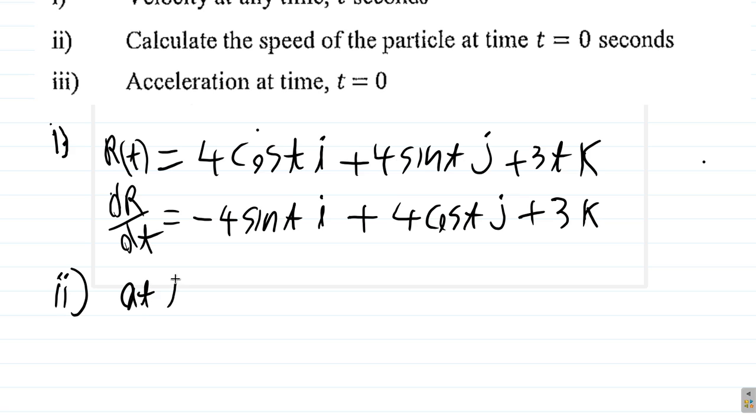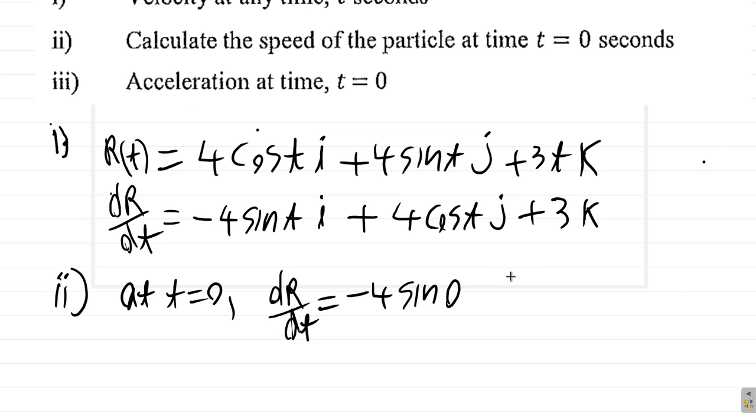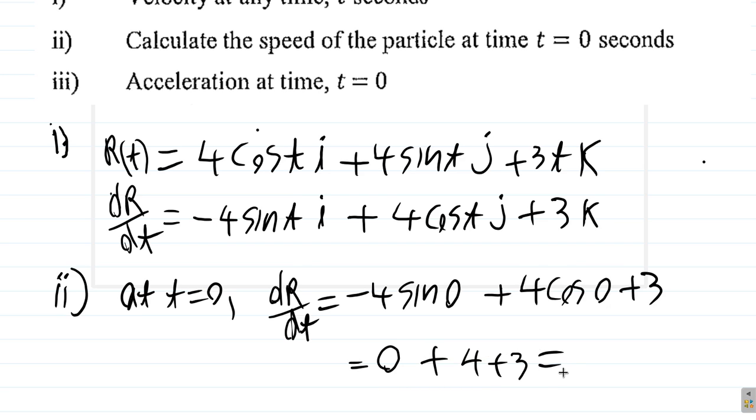Now at t equals 0, dr by dt is negative 4 sine 0, right, plus 4 cos 0 plus 3. Sine of 0 is 0, so this becomes 4, plus cos of 0 is 1, so 4, plus 3. Okay,